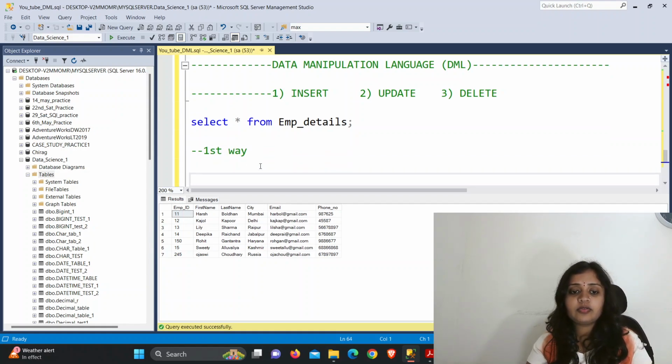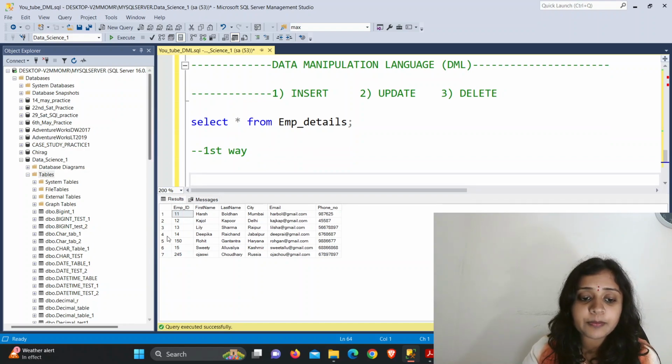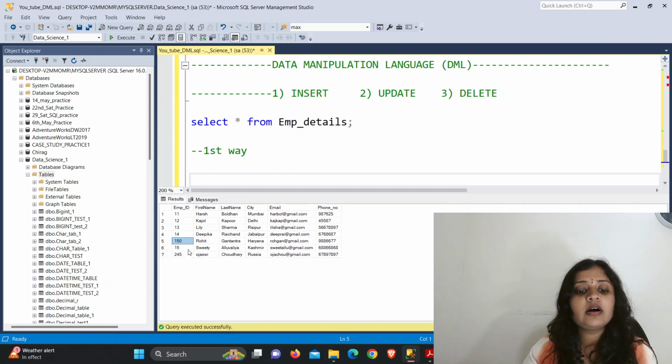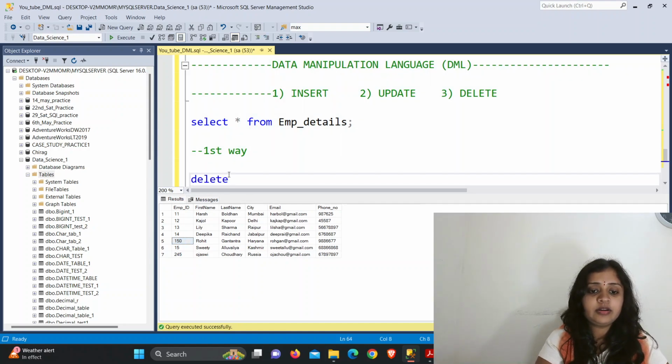Now see, if you want to delete any particular record from the table: as you can see the data inside the table, the employee_ID is 11, 12, 13, 14, but suddenly it comes 150. Then after that 15, suddenly it comes to 45. So if the manager is saying that this record is not in line, in the rhythm of the numbers as required by the client, you need to delete this particular record. Now for this, what will you do? This is the first scenario, the requirement.